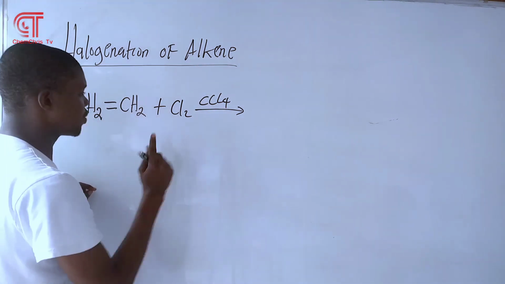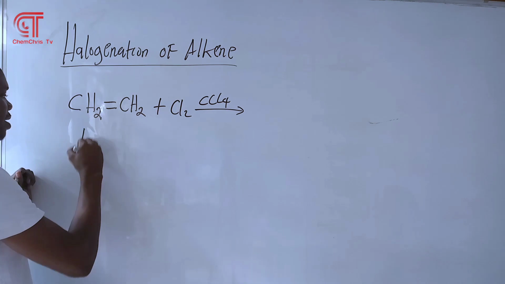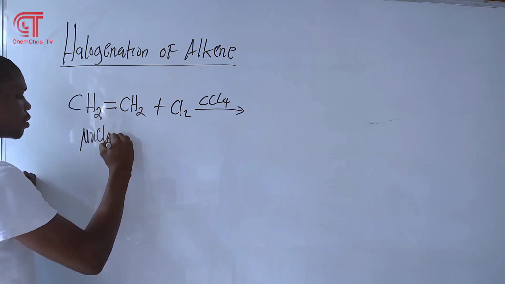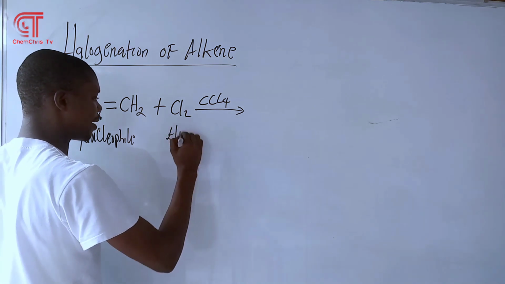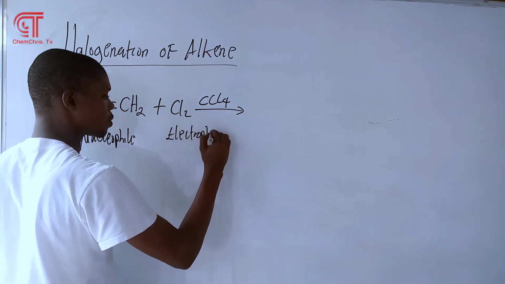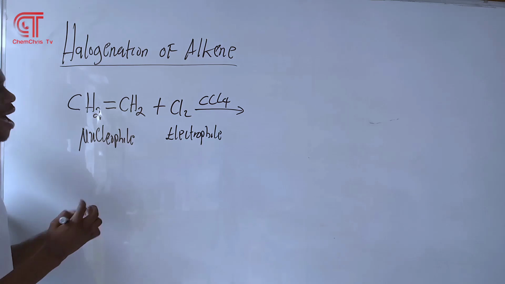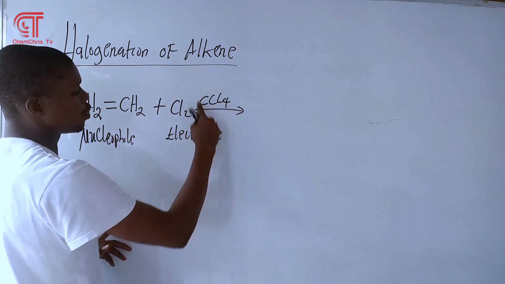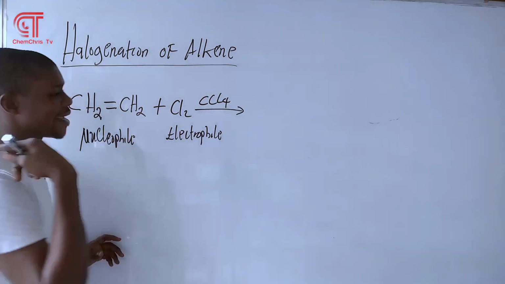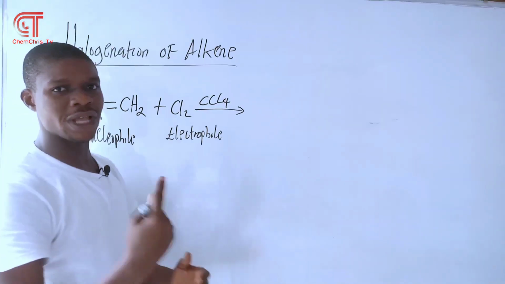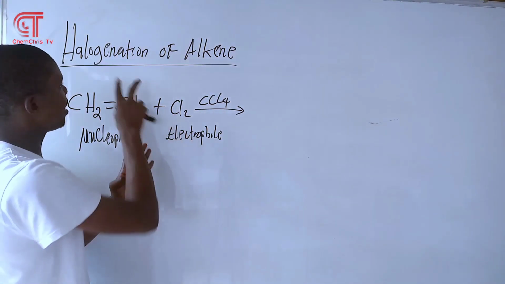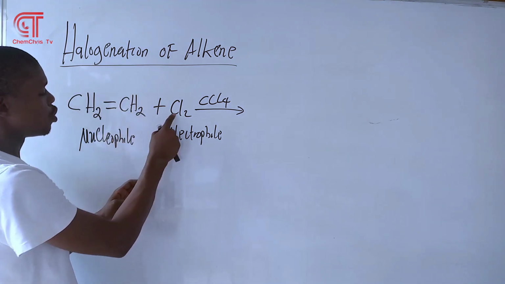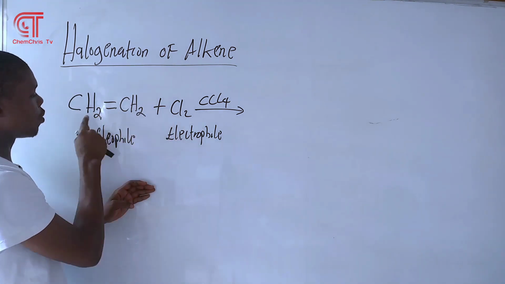Do you know the reason why? This one itself is a nucleophile, and this one is an electrophile. So when you are adding, this medium does not play any role. At times you might even ignore it, like the first one we did, where we had a nickel catalyst. So in the halogenation reaction, one of the chlorine atoms will be added here,